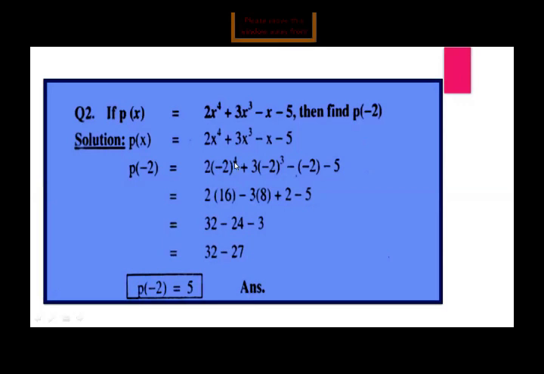We have its exponent as an even number, so we write the plus sign here, no minus sign. From the second term, 3 into minus 2 cubed, the answer is 3 into 8. From here minus 1 is plus, that 2 and minus 5. Multiplying 16 and 2, we get the answer 32. From here the answer is 24, and the remaining will be the same. 32 minus 24 and minus 3, two numbers are given with minus sign, so we solve them first and get the answer minus 27, then follow plus minus minus and get the answer 5. So the answer of p of minus 2 is 5.